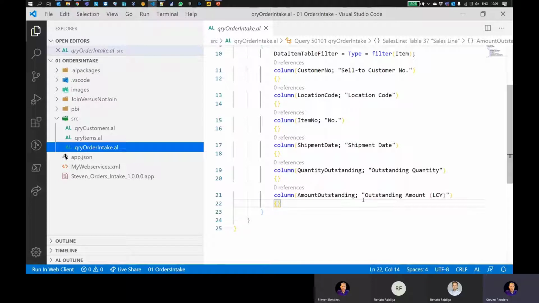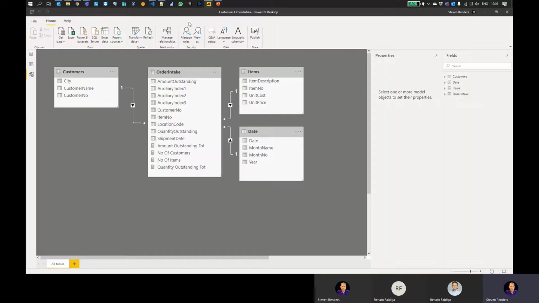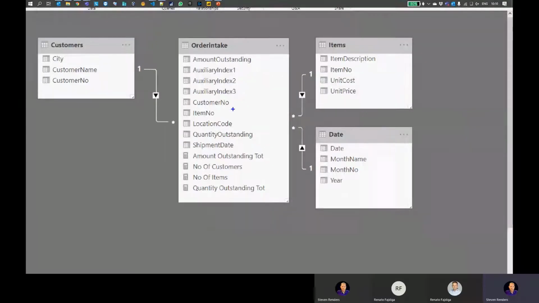Of course, I can always do all of that in one query, because a query object allows me to combine multiple tables, but I will not do this because the end goal is to import this into Power BI Desktop in what I typically call a star schema, where in the center of the star, we typically have the facts table, the table that contains the numbers I would like to analyze, the amount